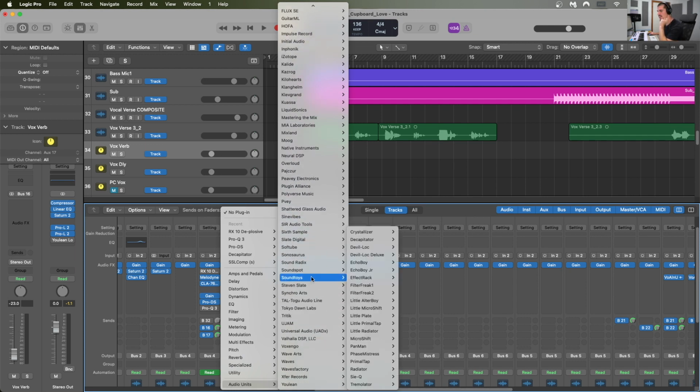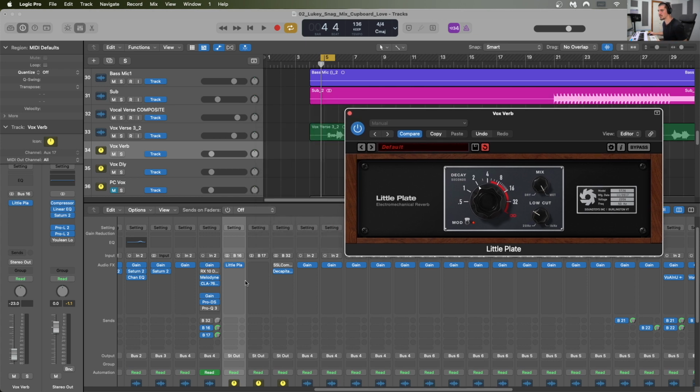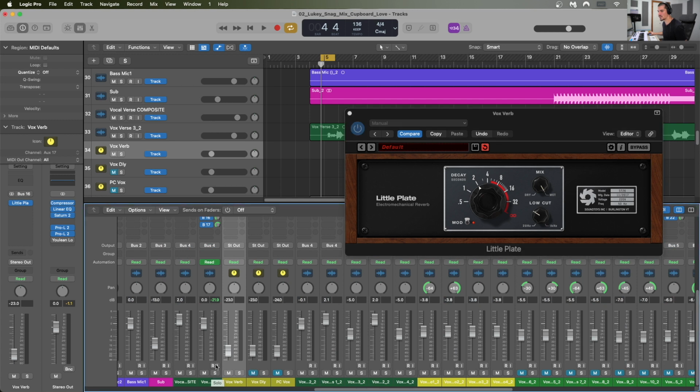If we go to Sound Toys, they've got a really nice EMT 140 emulation called the Little Plate right here. Super easy control, and it just sounds great. We've got a low cut. I'll bring that up a little bit. Because it's an effects return, I'm gonna have this all the way at wet, and I'll just have maybe a 2-second decay. It is a pretty upbeat song, and so I don't want the decay to be too long. And just for the hell of it, I will put on the mod control right here to add a little bit of subtle modulation. And so with the little plate up, let's send some audio to it from this verb,